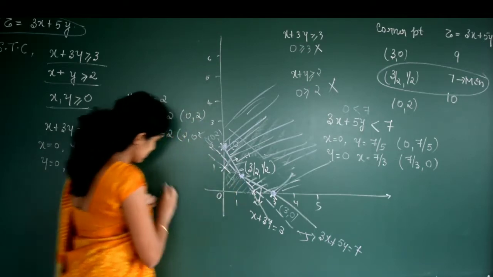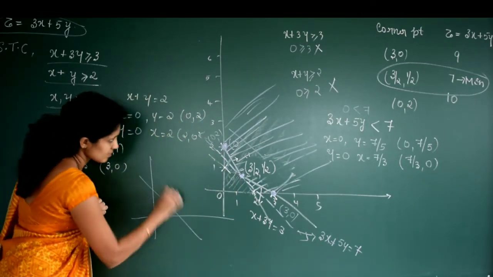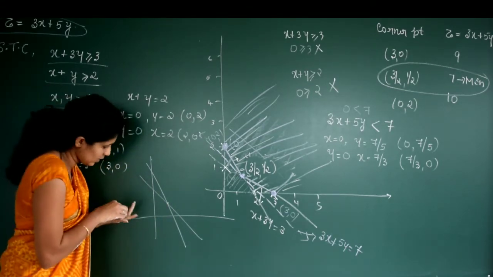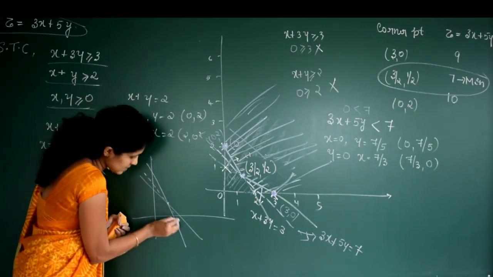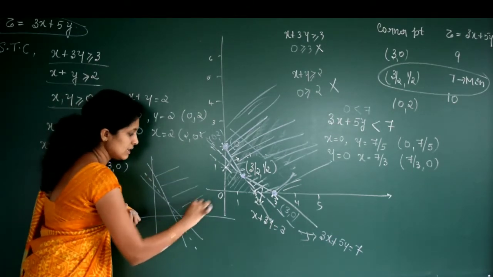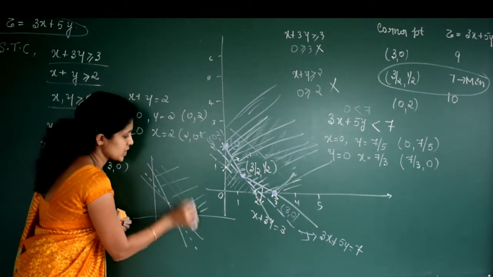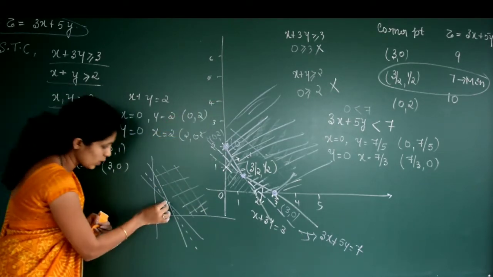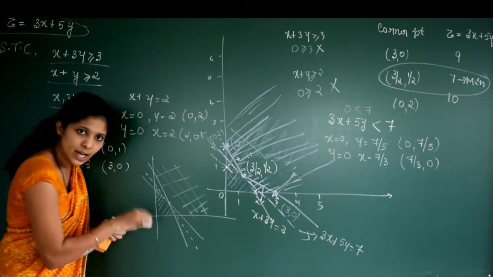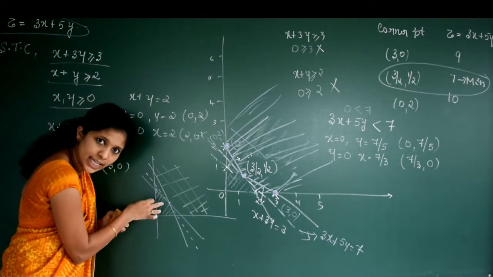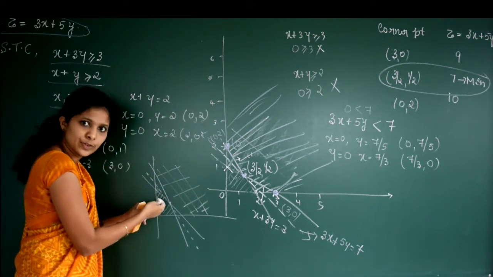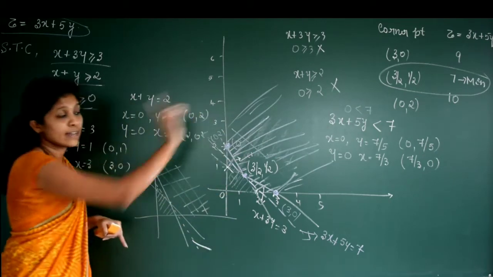See, let me draw the graph. Okay, suppose let us consider this is a line. Now suppose the line passes through like this. Now this is a line. Now here, see, this was the solution region, right? For the given function, this was the solution region. After simplifying this, we got the solution region for this one as downwards, right? So this is the solution region. Now here we can see that this does not have any common point with the original region. So we can say that 7 is the minimum value.